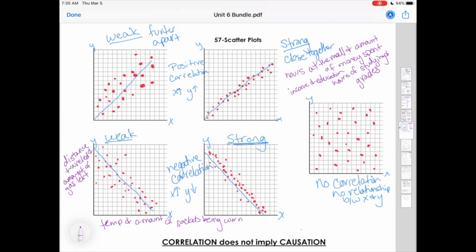All right. And then a no correlation would be like test scores and shoe size. They have nothing to do with each other. Or how tall a person is and how fast they drive. All right, so those are some examples of real world situations that are positive, negative, or no correlation. And then we have